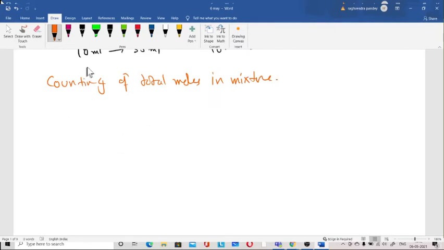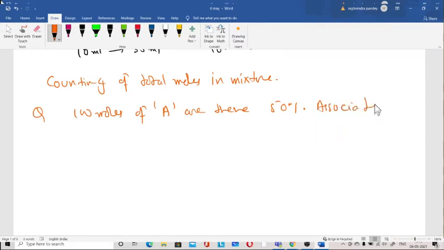So let's see this one. 100 moles of A are there. 50% associate, 50% of A associates as A gives A by 2